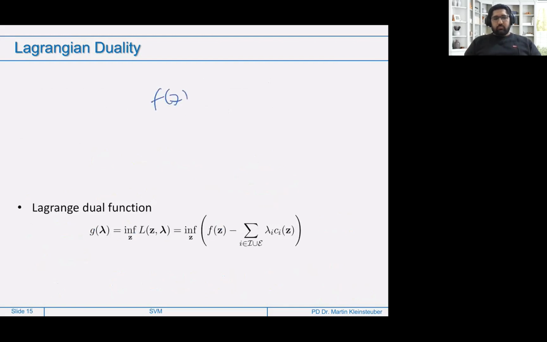It's also written down on the slide: we have f of z minus L of z and lambda, and we want to look at when this gap is